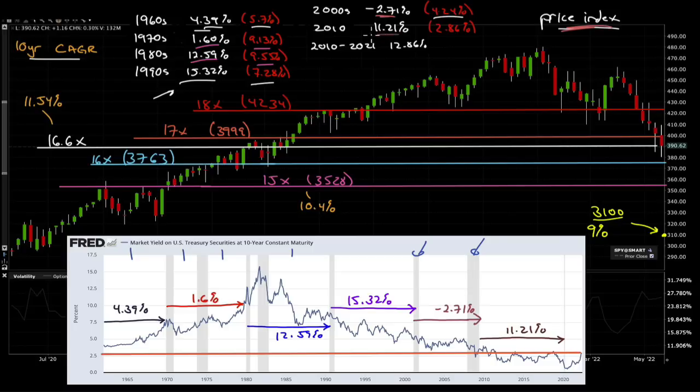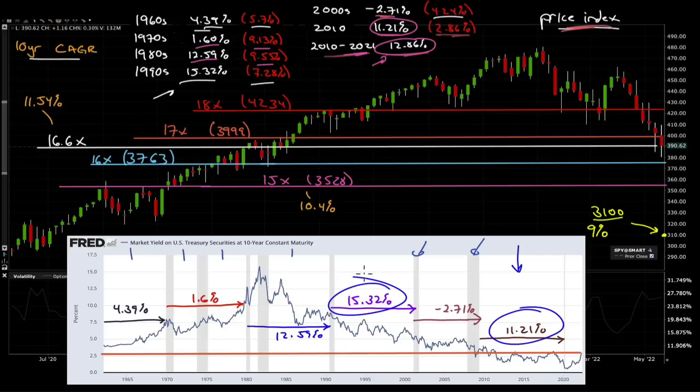2010, the 2010s, 11.21%, the average Treasury yield 2.86, and if you consider the full 12-year period from 2010, it's 12.86. So to get a 10-year compounded annual growth rate from 11.21 to 12.86 by adding 2 more years, those last 2 years would have been outsized. And they were. I grant you that. They were. But do we have to reverse the last 10 years? Do we have to say this decade had ultra low interest rates and massive liquidity? You're not going to repeat that again.